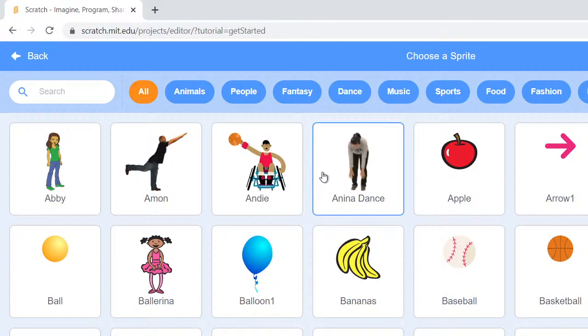And also you can see here, she is dancing. And also you can see these arrows, the arrows are changing their directions. And here the character is moving. And also if you see here, the Ellen is walking. And if you see here, when I place it on the ball, it's changing its colors. And also, not only animals and humans, you can also